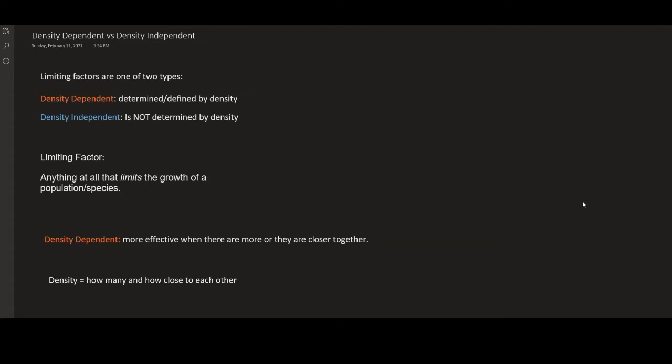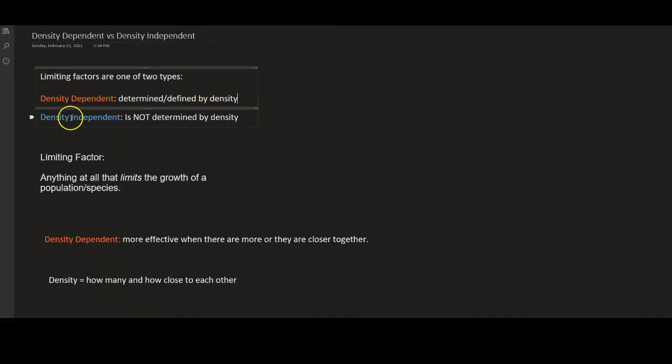Okay, quick explanation of the two types of limiting factors. 1, density dependent. 2, density independent. Let's break it down in very easy to understand components and define everything we need to so that I can give you an example. So density dependent, if we're just looking at the word dependent, that means determined or defined